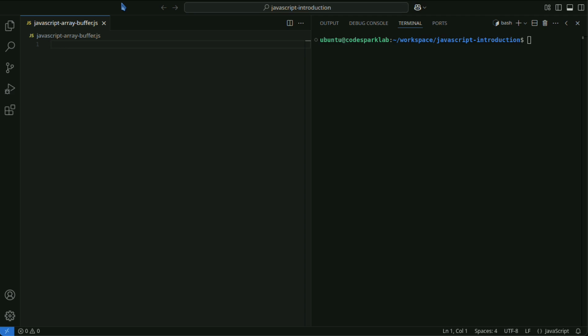This time, it's about ArrayBuffer in JavaScript. We will explain everything about ArrayBuffer, from the basics to its usage, related types, and practical applications. Enabling subtitles will make the code descriptions easier to understand.